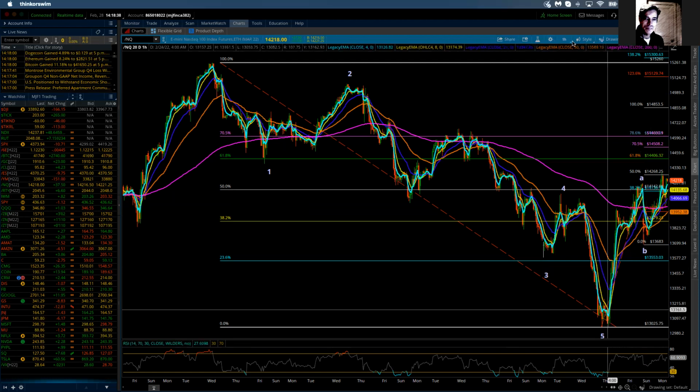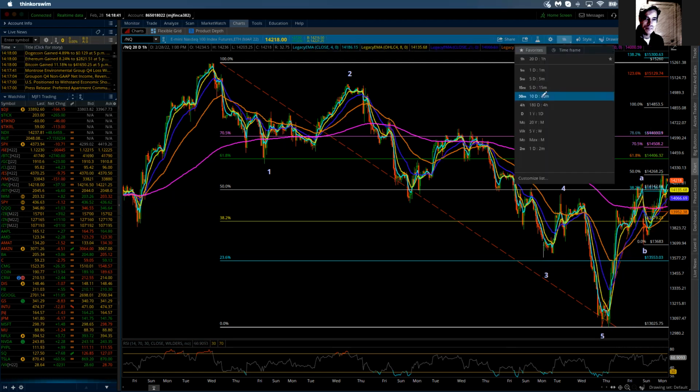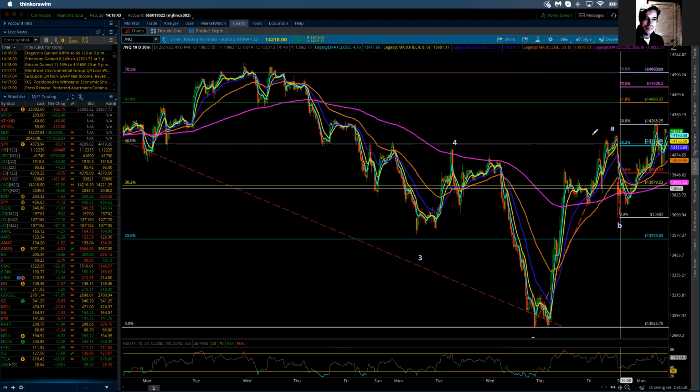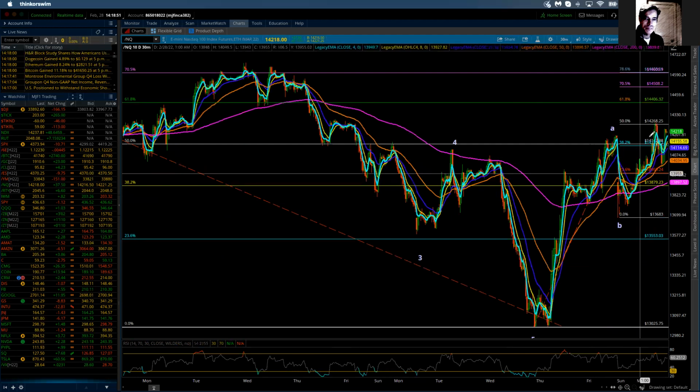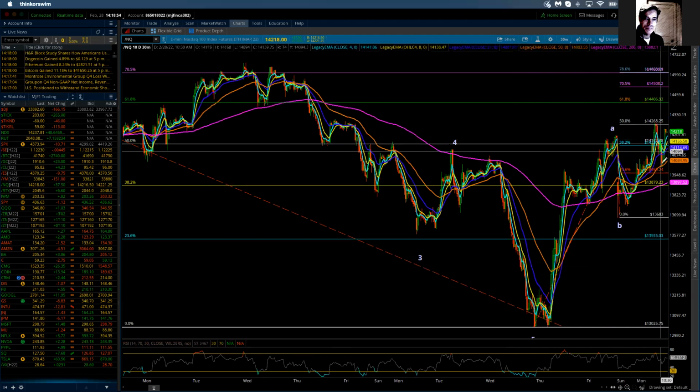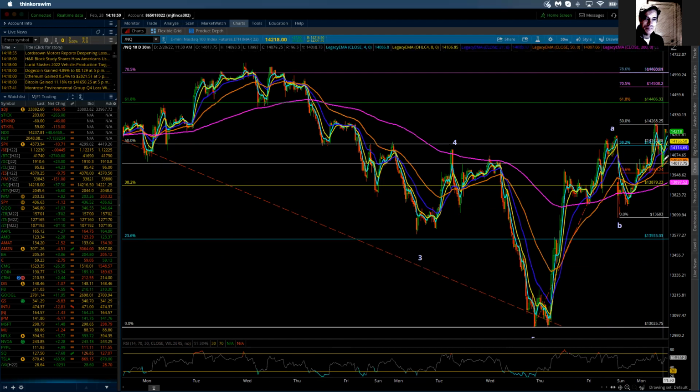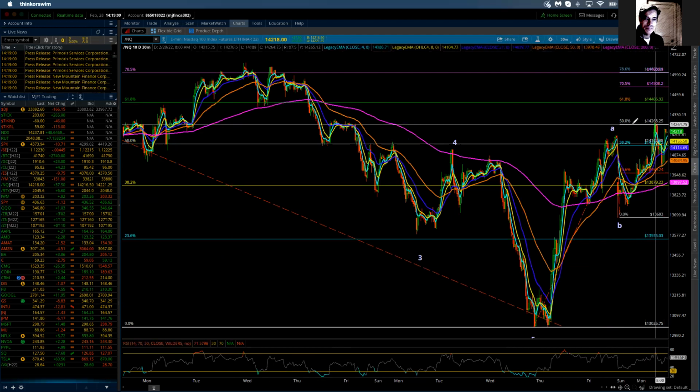So when we get inside of this C wave, we can start to break it down. Although my moving averages are all in the way, we can see that was the low. So we get a 1, a 2, and it looks like we got the 3 up to here, possibly a 4 back down this afternoon, and then the beginning stages of the 5th wave up to complete the C wave. We know that we need to get past this 50% marker, and also today's high, which actually came in a little bit more,